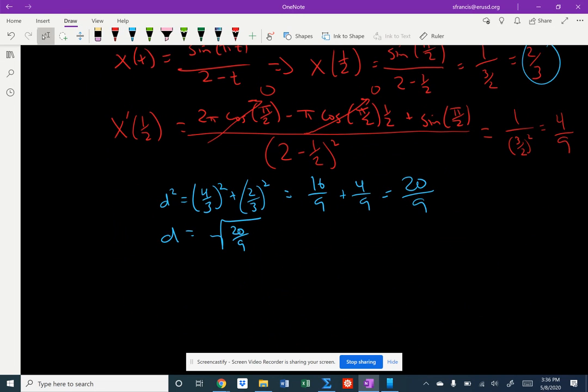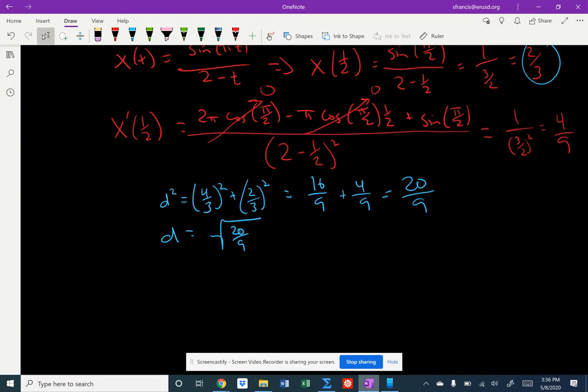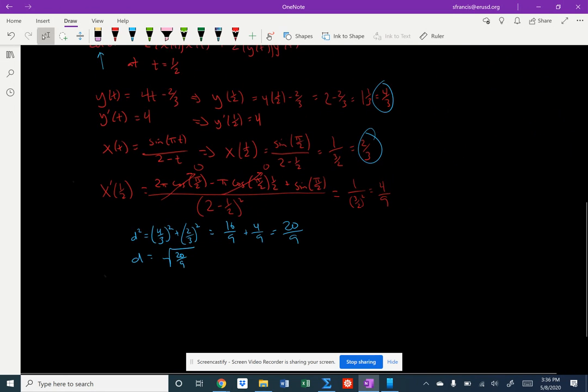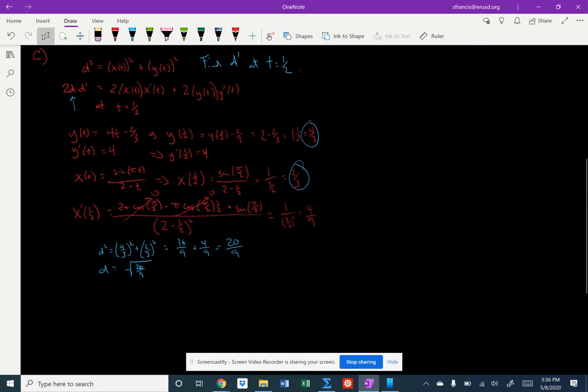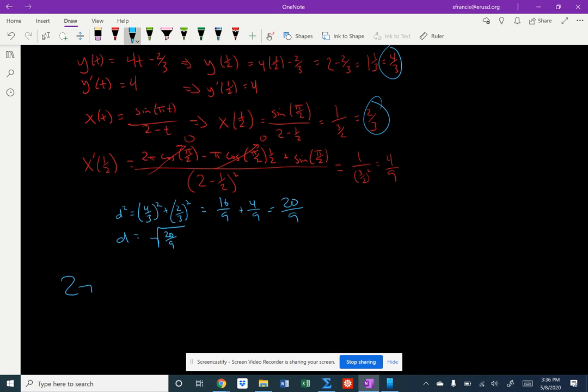I'm assuming we're using the positive, and maybe for the wrong reason. We're just doing distance between them, so yeah, we want the positive for that. Okay. And so now you just gotta plug all these values in to the right spot and then go from there. So I need 2 times the square root of